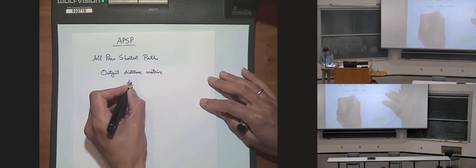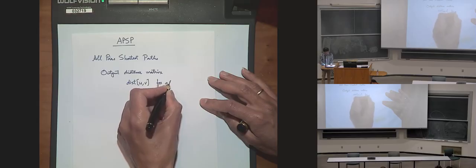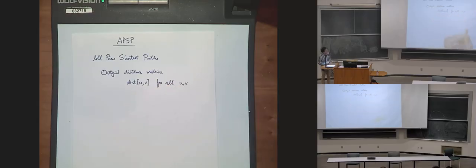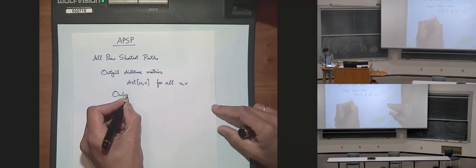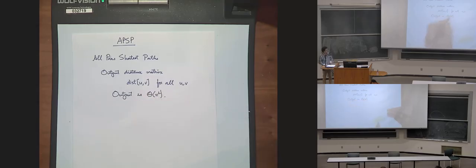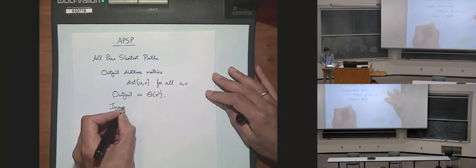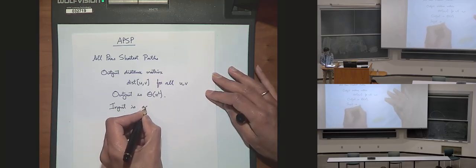So I just want to output dist of u, v for all u and v, for all the vertices. So if you think about it, your output is like n squared. So in this setting, for all pairs shortest paths, typically the input is